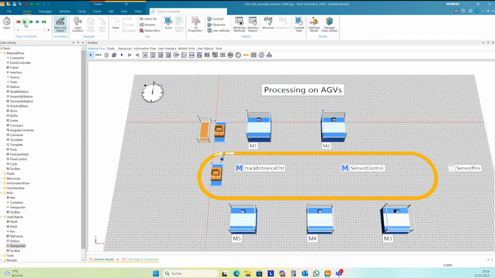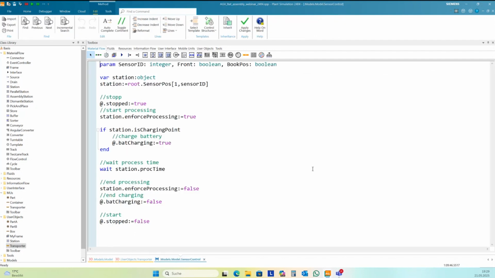And now we can observe the charge. I change my track entrance sensor control a little bit. And here I need to set this user-defined attribute, but charge.